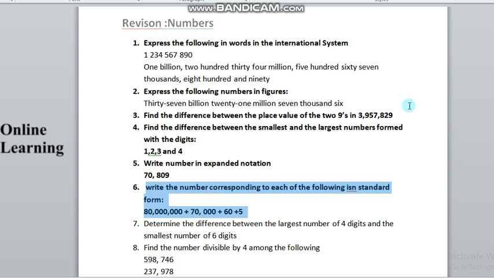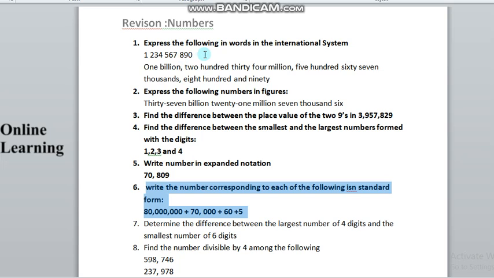In this lecture we will discuss all the things we have studied in the previous 5 units and in your previous class. We will discuss some basic things, not any complex thing. For example, how to write a number in the international system, how to write a number in words, the place value, what is HCF, LCM, what is expanded form, how to write a number from an expanded form, and the division of 4 and 3. That's all which we have already studied. Today is just a revision lecture.